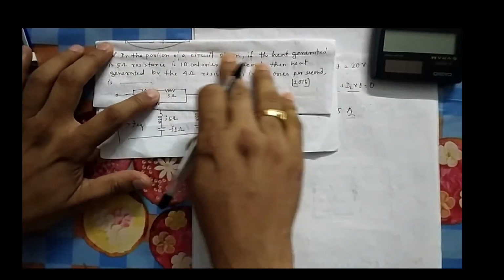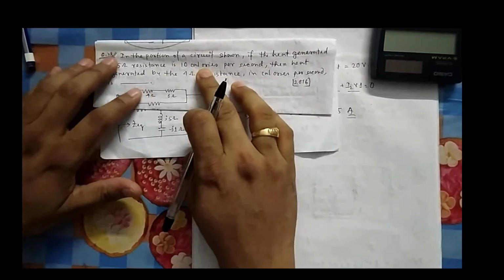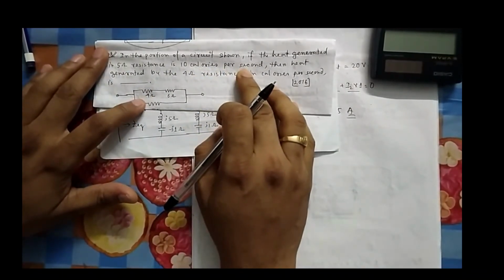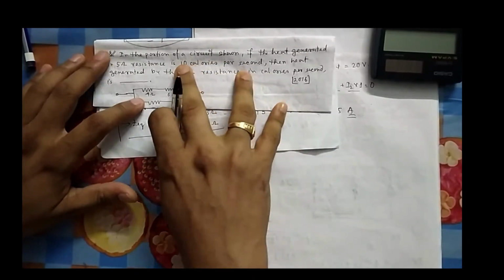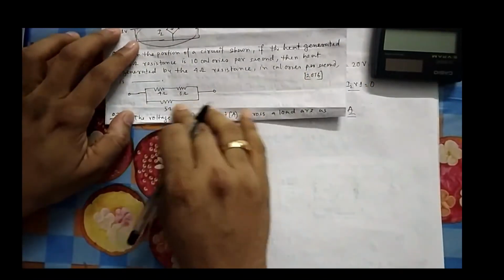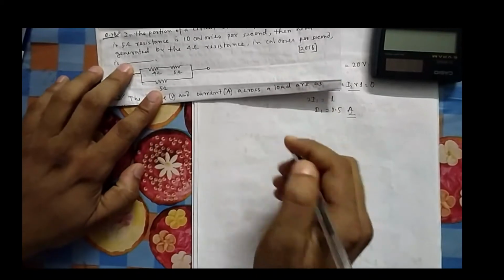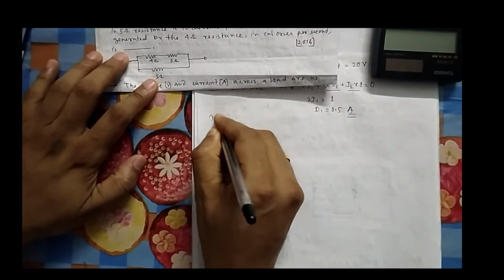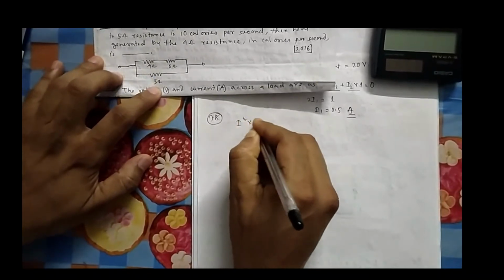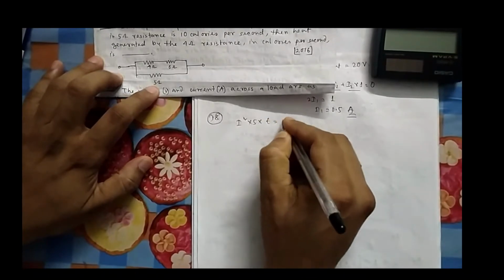In question 78, the portion of the circuit is shown. If the heat generated by the 5 ohm resistance is 10 calories per second, what is the heat generated? It is I square RT. So I square RT is given across the 5 ohm. This is your 5 ohm resistance, and this upper one is 10 ohm. I square RT across this energy drawn is given. Suppose this current is I. So it is I square into 5 into T, and